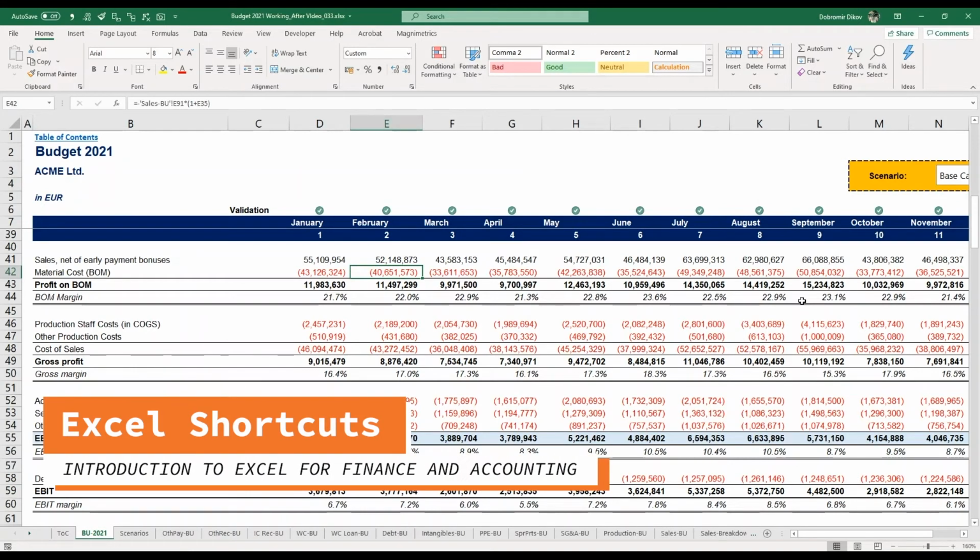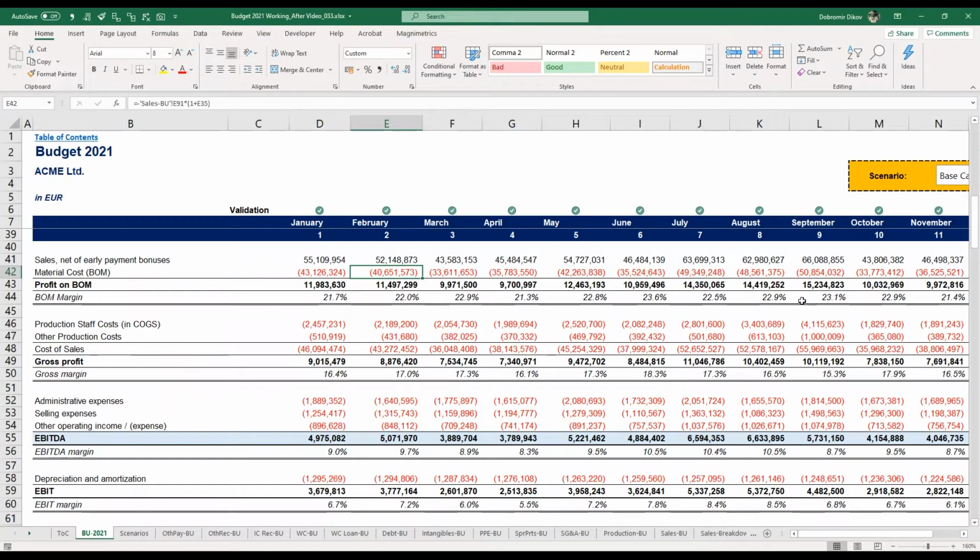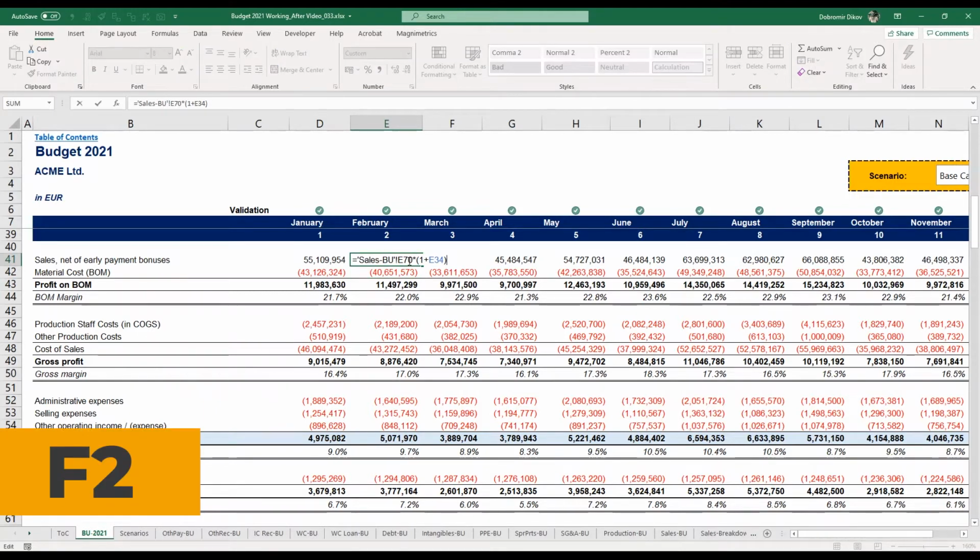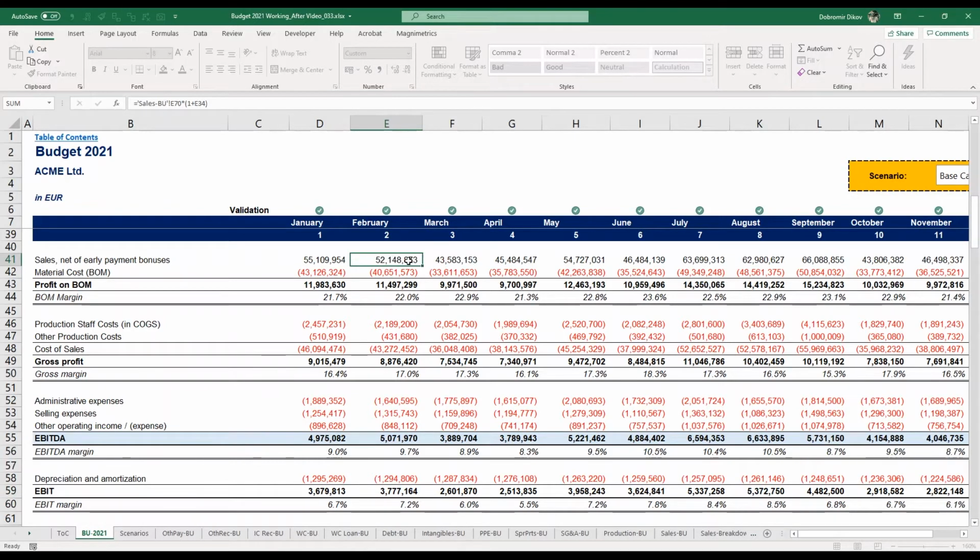In this video, we're going to take a look at the most common Excel shortcuts that we're going to be using throughout the course. Let's illustrate those by looking at the model from my 3-statement budget modeling in Excel course. So the first one is F2, which allows us to edit a cell formula,